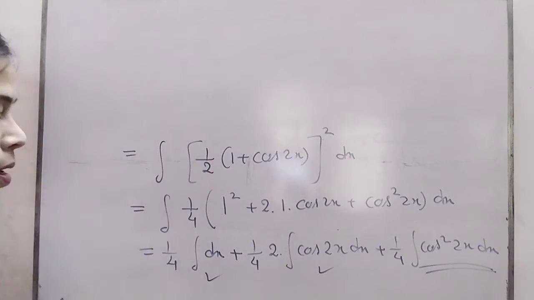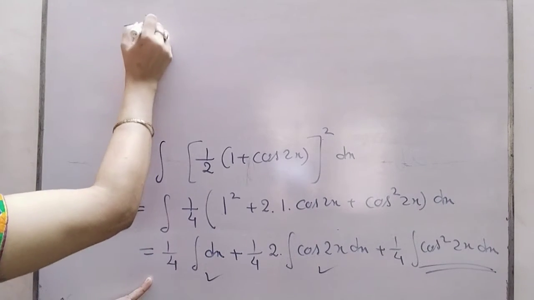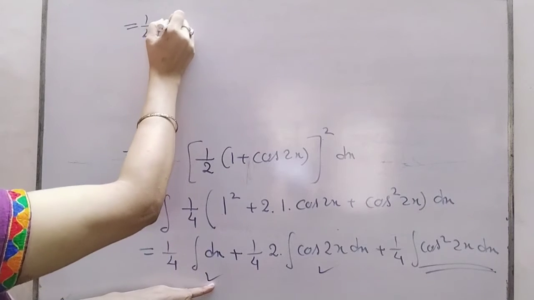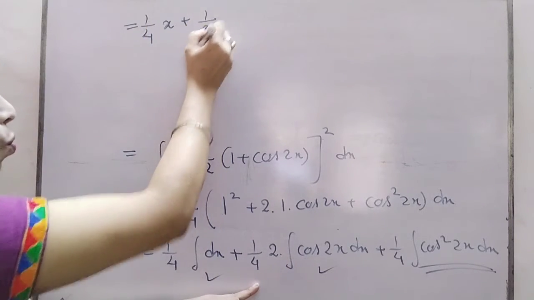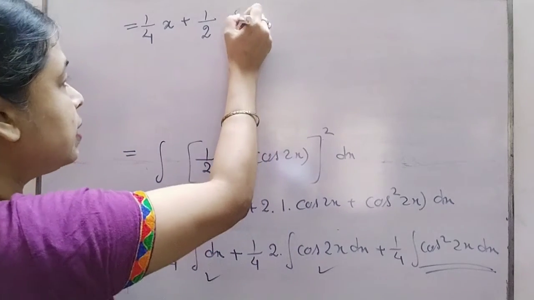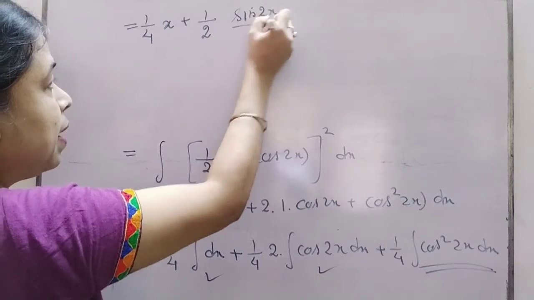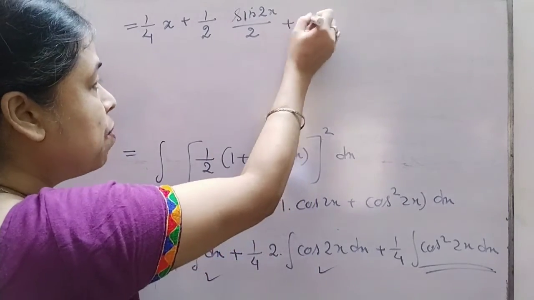See the next step. So integrable function, do integration. This is integrable. So 1 by 4 is there. Integration of dx is x. So it is completed. Here I can cancel 1 by 2, this is 2. Okay. So what is the integration of cos twice x? It is sin twice x by 2 in case of mx form. Okay. Division. Plus 1 by 4 is there.